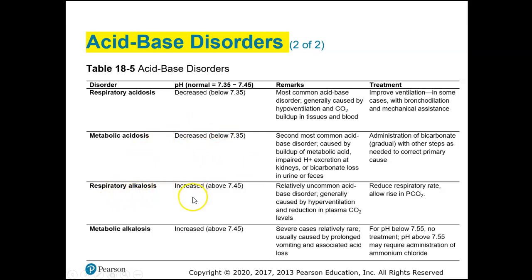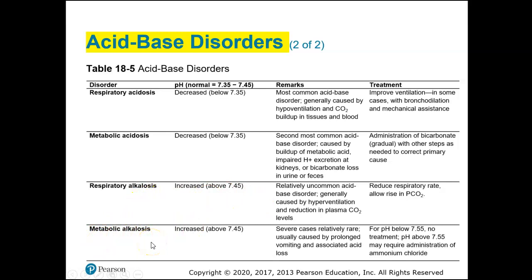Now, alkalosis, respiratory alkalosis, is caused by hyperventilation, which is when you're breathing very deep and very fast. It's very uncommon, but when a person hyperventilates, especially due to, let's say, a panic attack or anxiety, the treatment is to lower their respiratory rate and allow the carbon dioxide levels to build back up. It's just to slow their breathing down. You may have even seen in the movies, you may have seen them breathe through a paper sack, a paper bag, to lower their breathing rate.